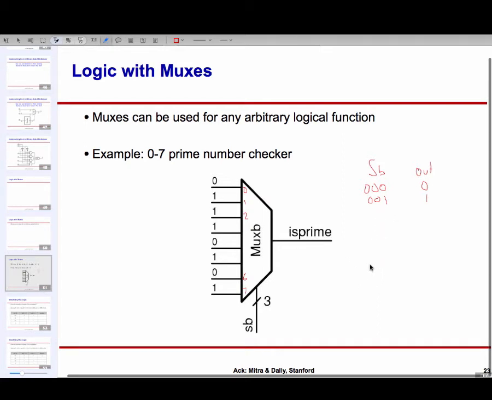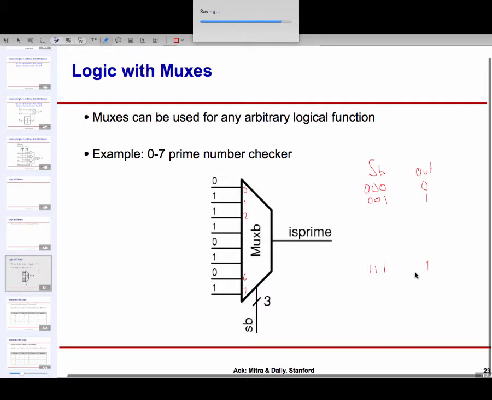If the value was 1, 1, 1, then the value on the last wire, the bottom wire, is going to go to the output, and my output would be 1. So whatever I have tied my inputs to really corresponds to the output column of my truth table. And this is basically saying select a row of my truth table.